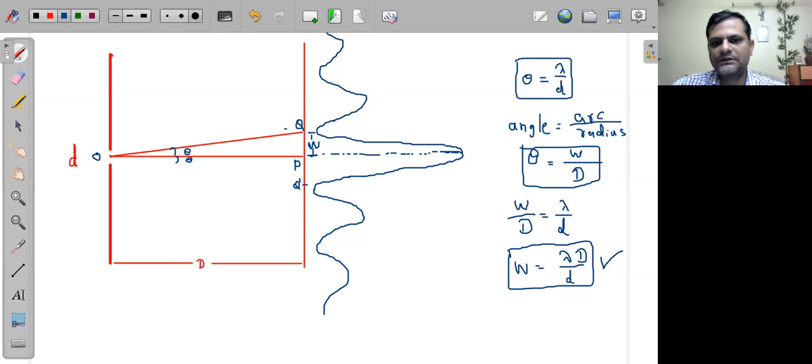तो ये जो है this is the first minima we can say, and this is the central maxima. So the distance between these first minima and central maxima on the graph is actually called as this W, which is called as the width. ठीक है ना, तो ये जो डिफ्रैक्शन पैटर्न के अंदर का जो विड्थ होता है, this concept is very similar to the bandwidth concept of bandwidth, which we have already introduced in the interference case. Interference के अंदर हमने जिसको bandwidth बोला था, तो सेम वैसा ही कंसेप्ट यहाँ पे हमको मिल रहा है, जिसको हम यहाँ पे सिंपली width बोल रहे हैं। ठीक है, और सिंपली द डिस्टेंस बिटवीन सेंट्रल मैक्सिमा एंड फर्स्ट मिनिमा